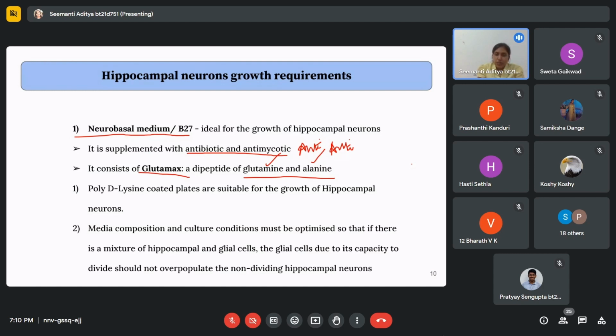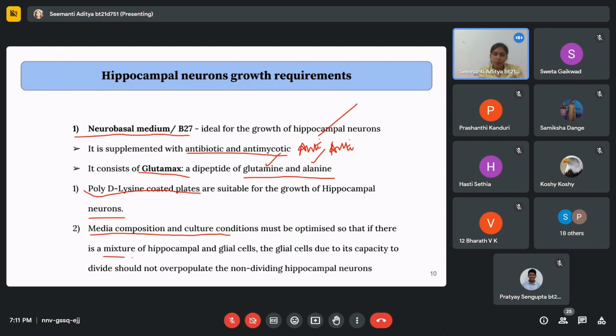So the media needs to be supplemented with antibiotic and antimycotic, so that any small contamination, if it is there, can be tackled. Also, after that, we need to do poly-D-lysine coating, sorry, polylysine coating, so that the hippocampal cells are grown in plates containing polylysine and can grow properly. And then the media composition and cell culture conditions must be optimized in such a way that